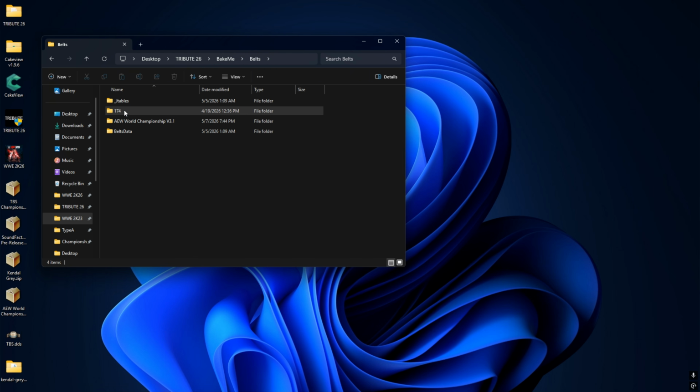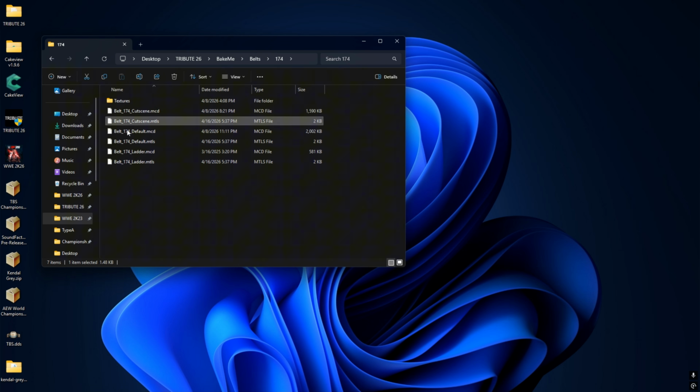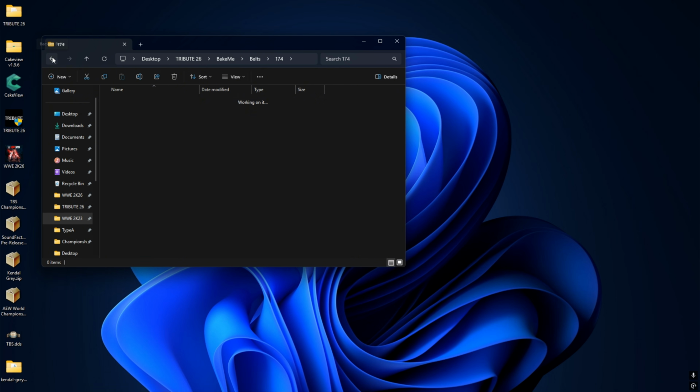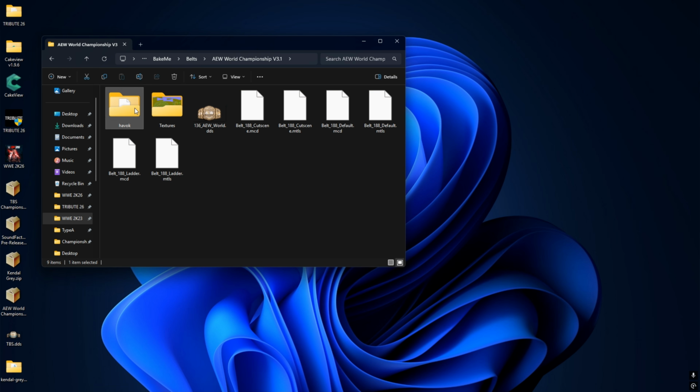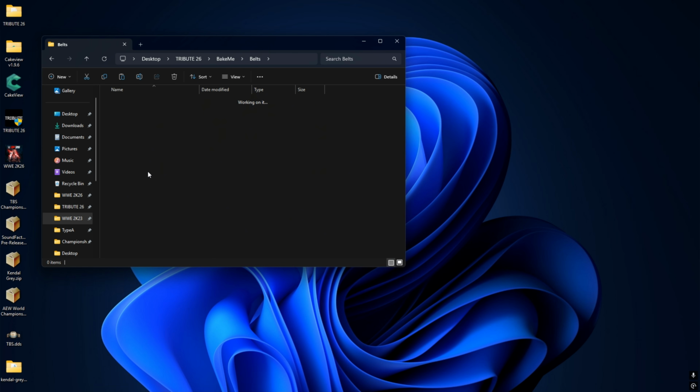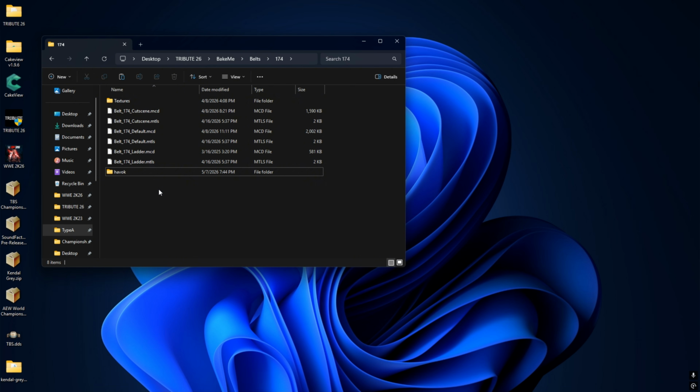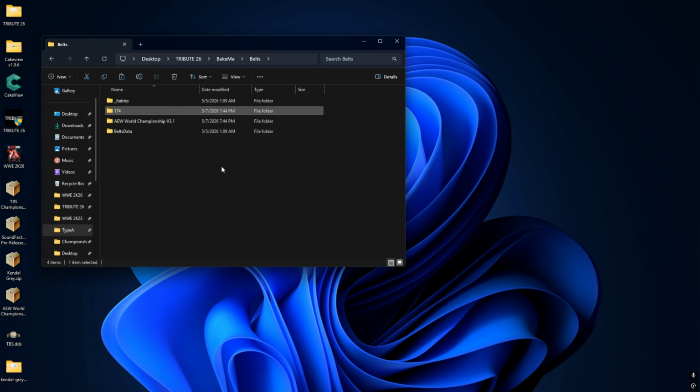Now here's a common issue. Some belts, like this TBS Championship, may be missing a Havoc folder. No problem. Simply copy a Havoc folder from another championship belt that already has one. That usually fixes the issue. We're about to add the belt in-game now, and I'll also show you the exact naming method that prevents the dreaded error message. Open Tribute